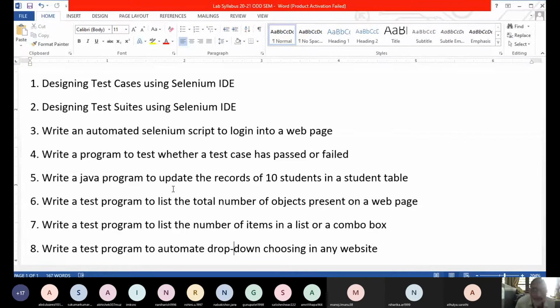Okay. So let's start. The first two, as I told you. I'll give you a small demo now. Understand that, and then if you have any questions, you can ask. Slowly we will see. When you want to use Selenium IDE as such, you have to install the software.